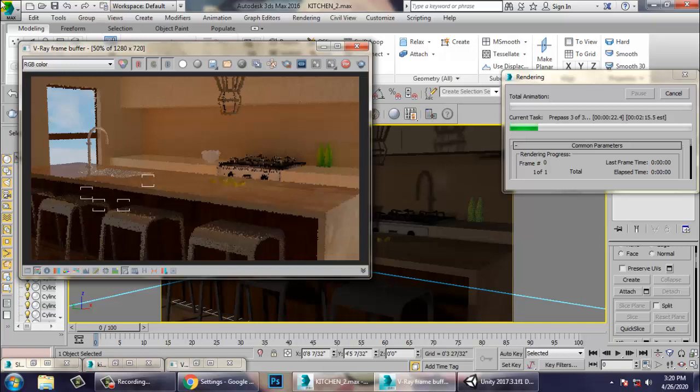So if you want to use a directional light, you can also use a directional light instead of a V-Ray sun. So it's totally your choice, what kind of lights you want to use.